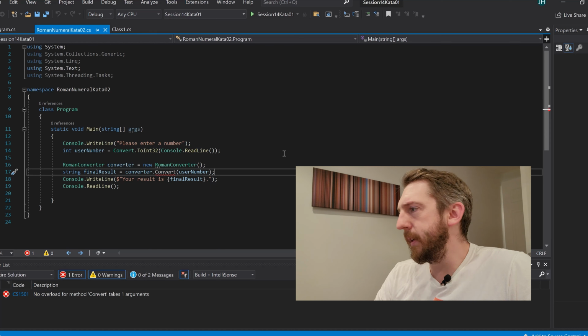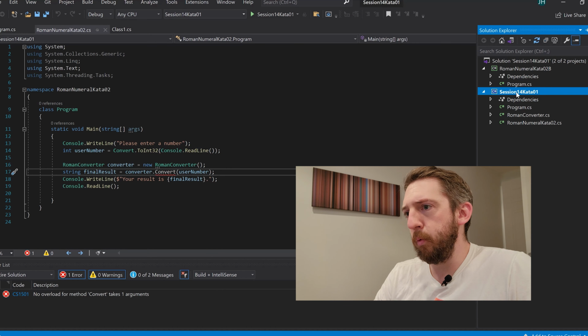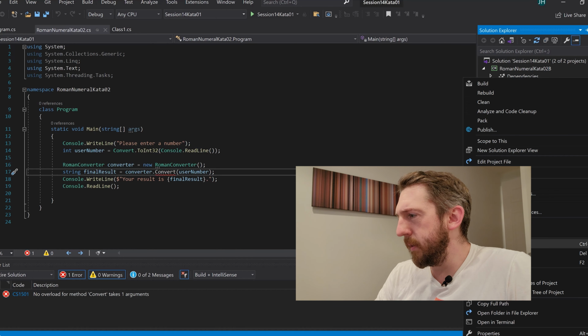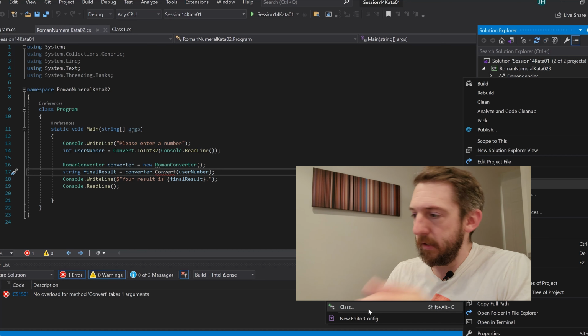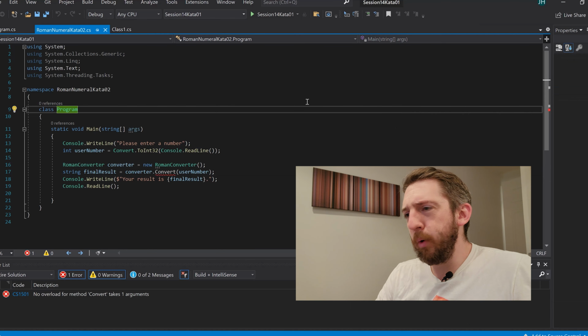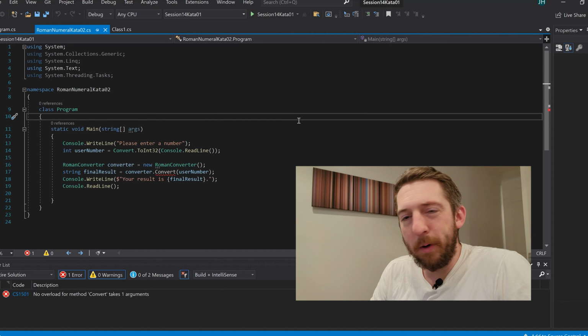Now eventually I did find it, I think it was over in the Solutions Explorer, but I had to do something simple where I had to select the program I'm running, or the namespace I'm running, and either of those. Basically select the file name of session 14 kata in my Solutions Explorer, and had I just right clicked here, done add, I believe there's add class, or there's a very helpful keyboard shortcut, Shift Alt C for that. And yeah, maybe I should refine my search in the future for a more up-to-date Visual Studio that could probably give me a helpful